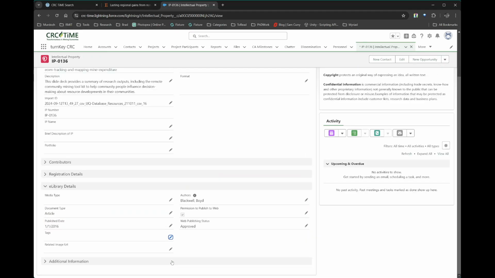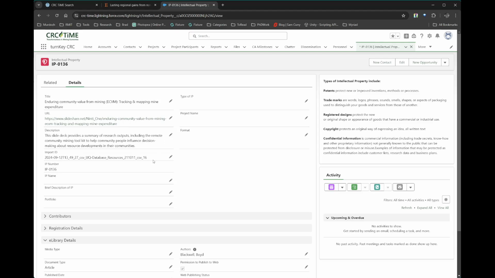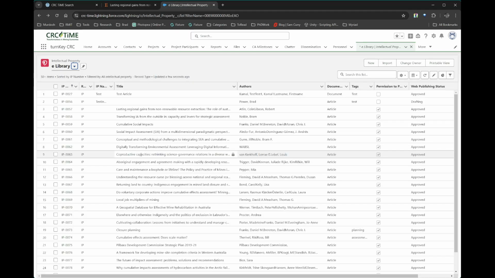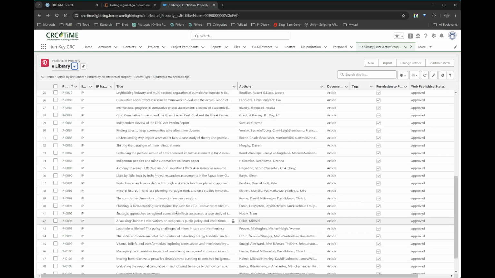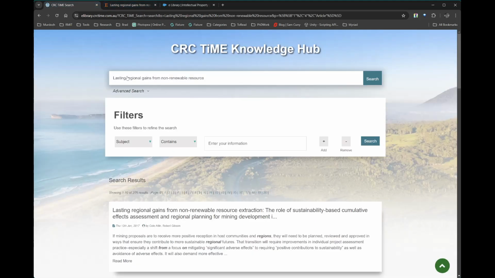So I might just do that so that that record is not tarnished. So if we come back here, I have actually just quickly changed a couple of the records to have some tags. So one of these has a planning tag because it was called closure planning. Another one has an assessment tag because it was an assessment one. And you could go through and you could tag others. But what it would mean is in the front end, when I say subject and I type planning, I should just get that one